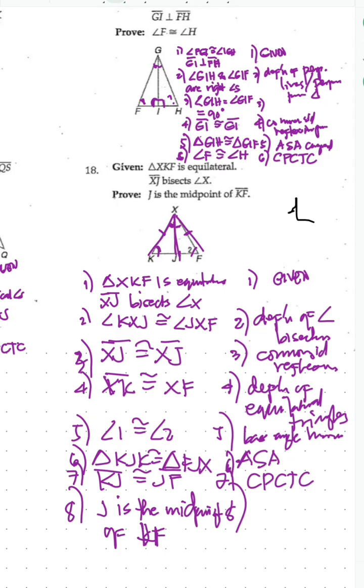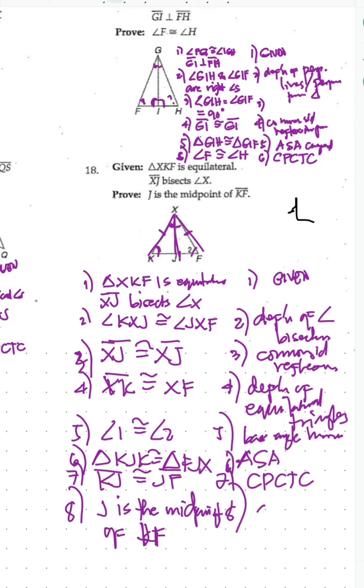Okay, midpoint theorem. If a segment joins the midpoints of two sides of a triangle, then the segment is parallel to the third side. Segment is half the length of the third side. Converse, if a segment from one side of a triangle is parallel to the third side, then it cuts the other two sides proportionally, and the point is a midpoint. But in this case, we've proven that side KJ is congruent to side JF by CPCTC. So I think that one counts for converse